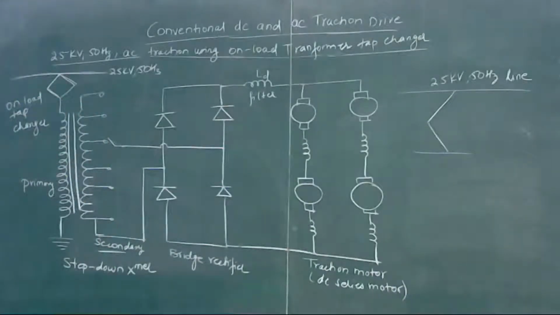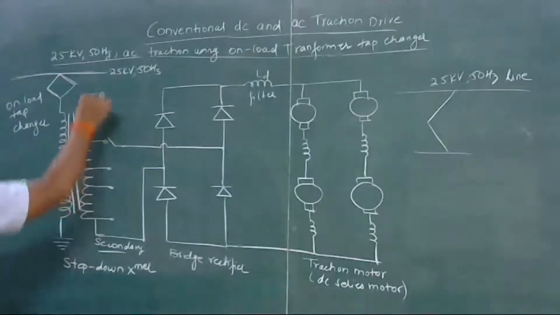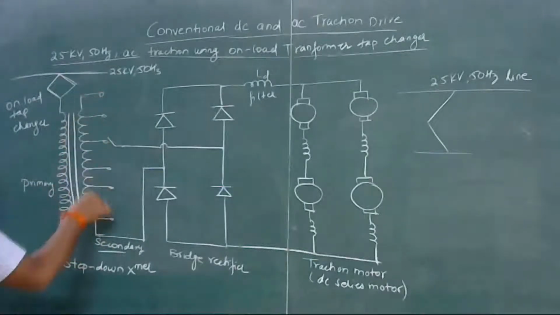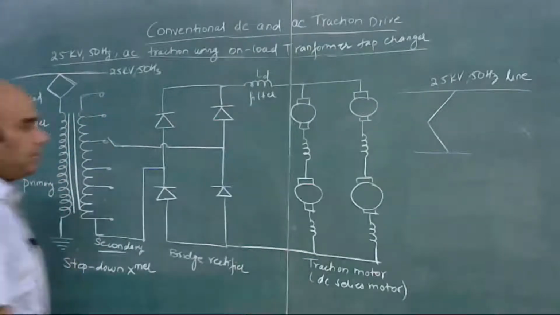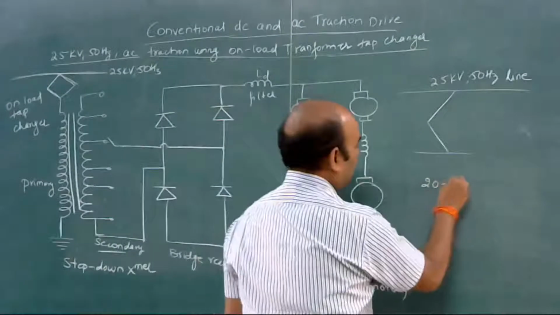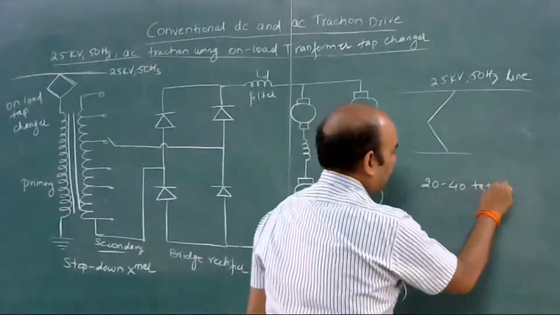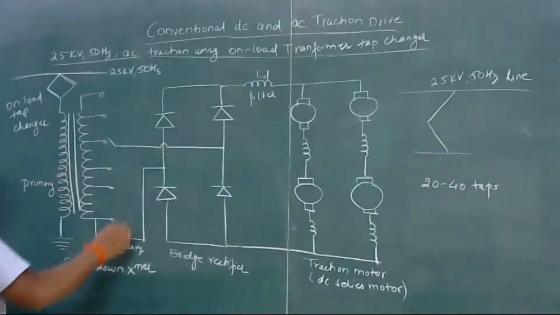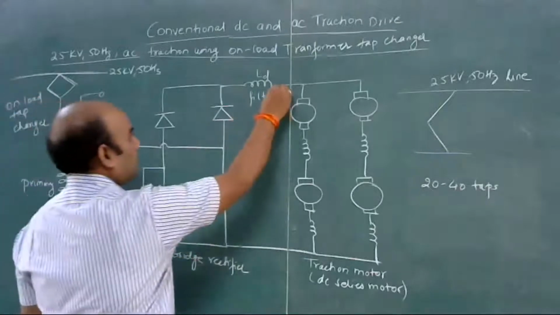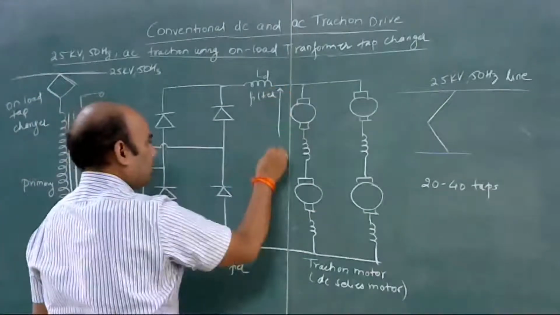So this is the power circuit. It is the 25 kV transmission line, the pantograph, the primary of the transformer, and the secondary, and the secondary of the transformer has got many tappings. The tappings can be 20 to 40 taps on the secondary. So by changing this tap, you can change the voltage across the armature of this